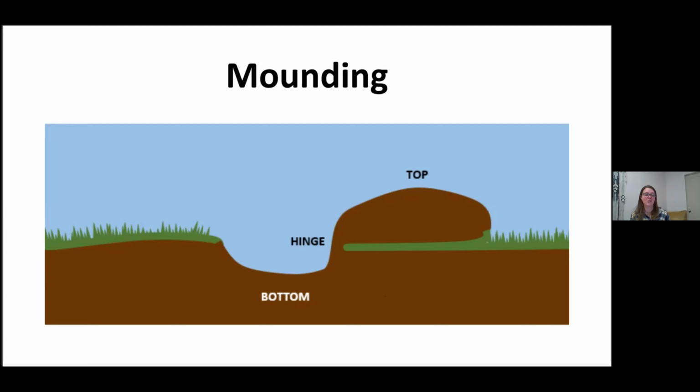So essentially the structure of the mound can be used different ways on your landscapes. If you have varying topography with some areas that are lower and some areas that are higher, you can plant to the site conditions where your mound is located as well. There's always that middle part, the hinge, if you're really looking to get the best of both. Planting on the hinge is an option as well. Okay, I think I covered all my points on that one. Each mound can be used strategically to maximize the survival of the different seedlings in the